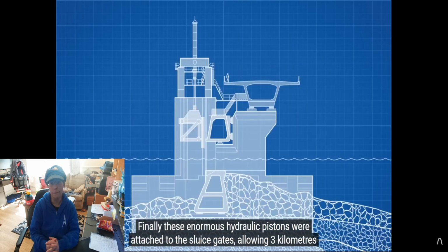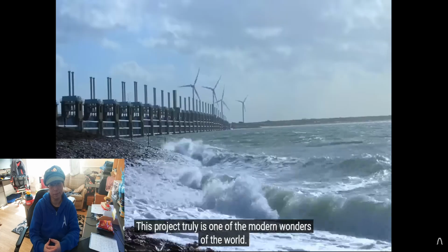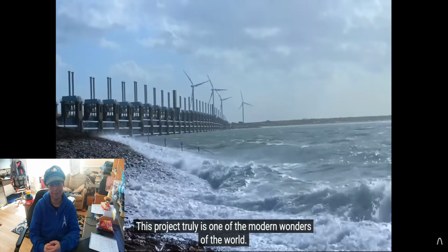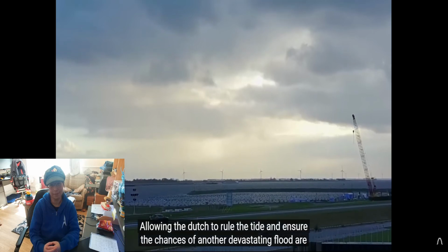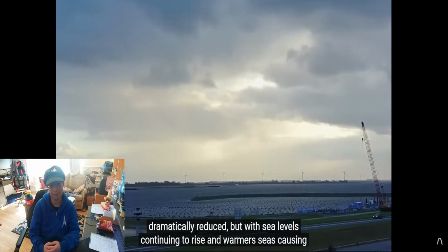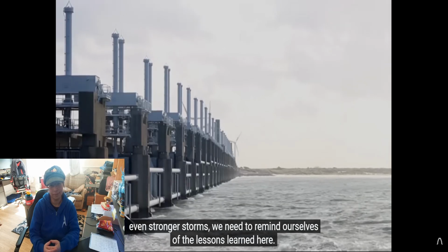Finally, these enormous hydraulic pistons were attached to the sluice gates, allowing 3 kilometers of the 9 kilometer long storm surge barrier to open and close on demand. This project truly is one of the modern wonders of the world, allowing the Dutch to rule the tide and ensure the chances of another devastating flood are dramatically reduced. But with sea levels continuing to rise and warmer seas causing even stronger storms,